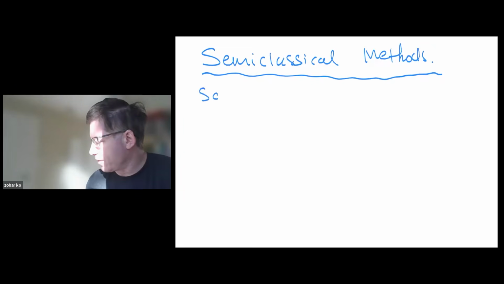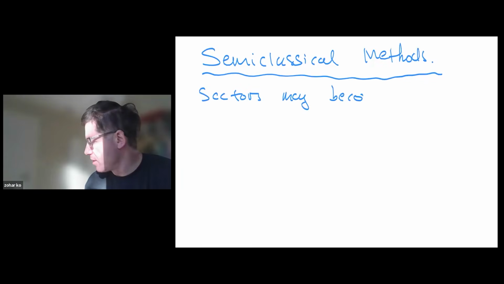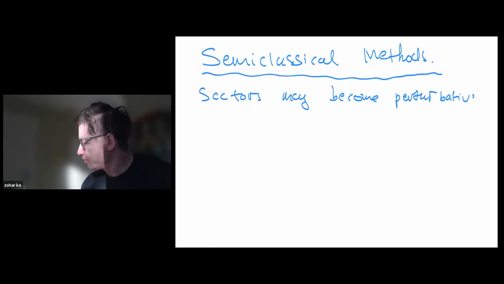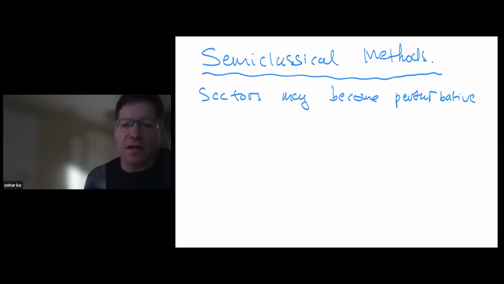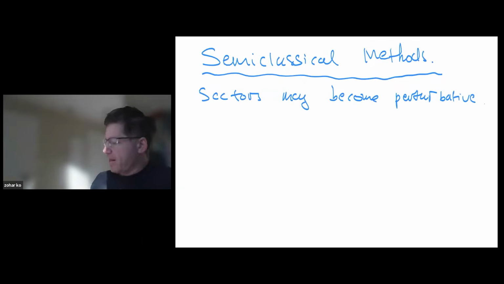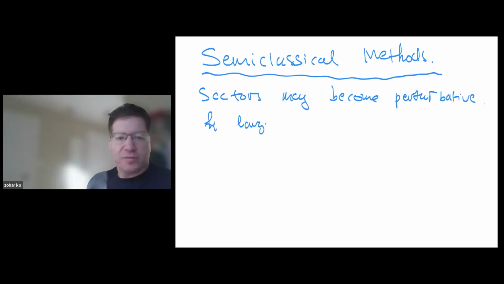So some sectors may become perturbative, so to speak, or semi-classical. Qualitatively, the following might happen, and we'll see that this happens in many interesting systems. Even though h bar could be large, h bar is usually one, but by h bar I mean some coupling constant in the theory. So h bar could be large, meaning not small, of order one, but it will sometimes happen